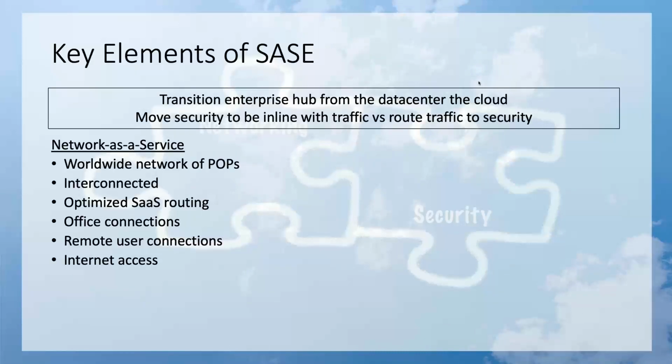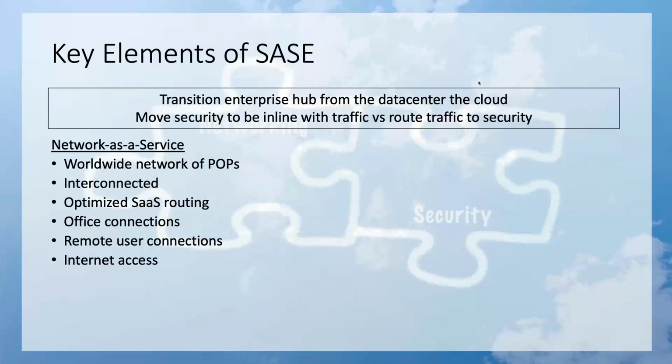Think about this big managed cloud infrastructure, a worldwide set of points of presence, or POPs, that are interconnected to each other in a very efficient way. It allows me to optimize my routing within that managed core. The vendor can manage the routing for you in this managed core in a way that allows me to get